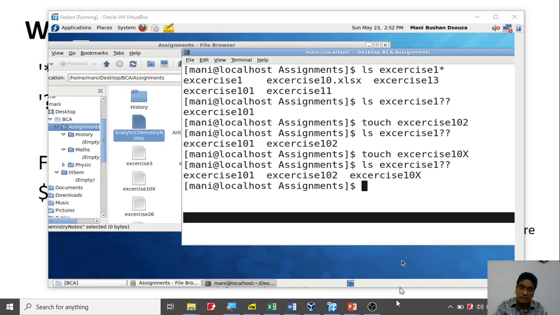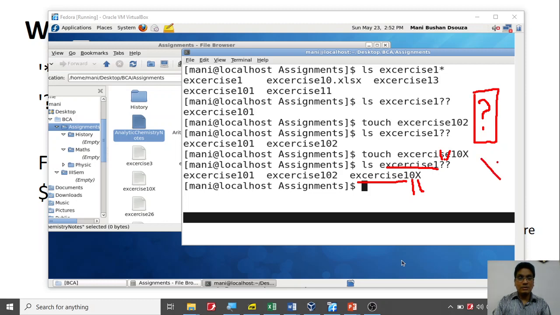Why is it displayed? 1 0, so it is common up to here, then 2 characters. It is not just a number, any character is going to replace it. So hope you get that. A question mark means one replacement will come instead of that question mark. Any character can come, but it is just one replacement. What about a star?